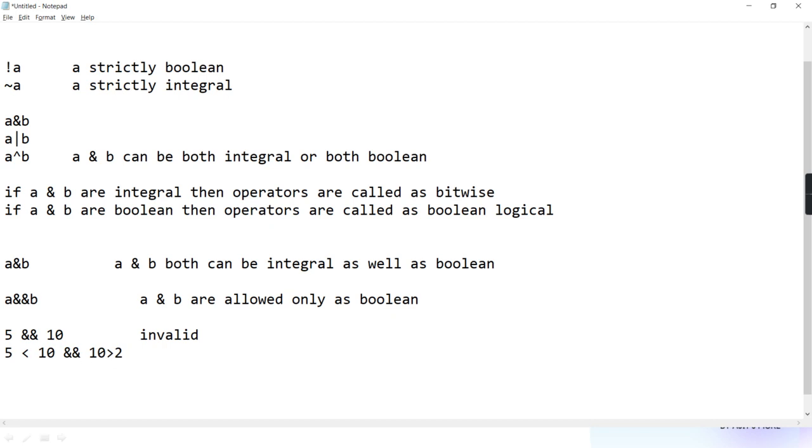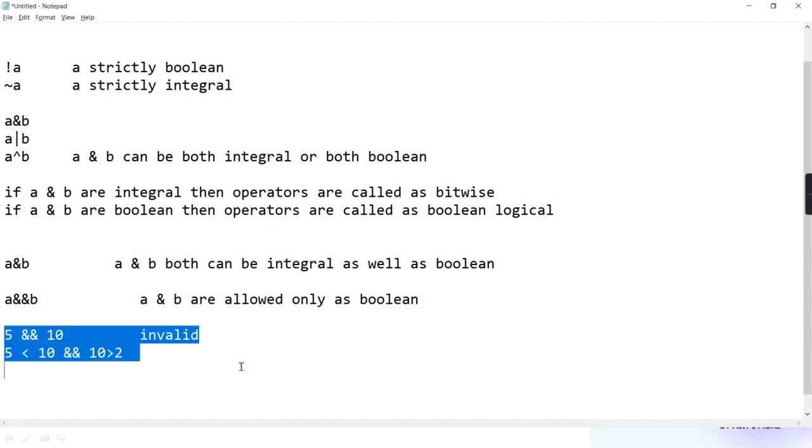Because the result of 5 less than 10 is true. Don't tell me true or false, but it is boolean. And 10 greater than 2 is boolean. So can I apply on boolean and boolean? Yes. So what is the first point of difference? When you use single AND, both the operands can be integral also, boolean also. But when you use 2 AND, both the operands are strictly supposed to be boolean.